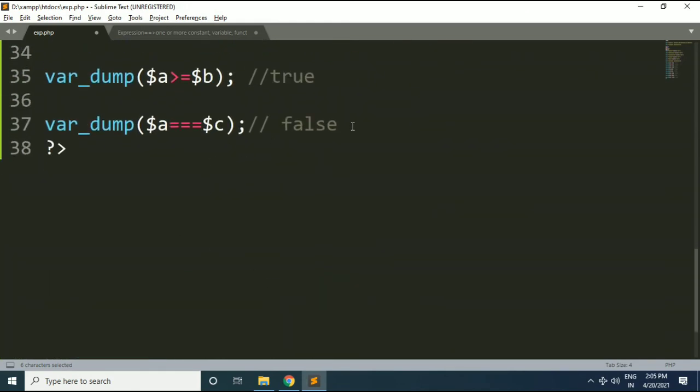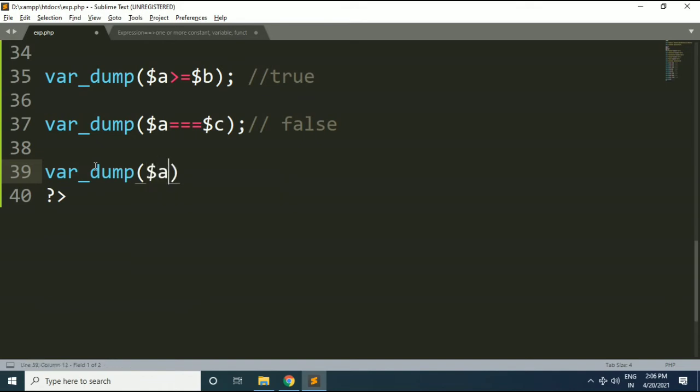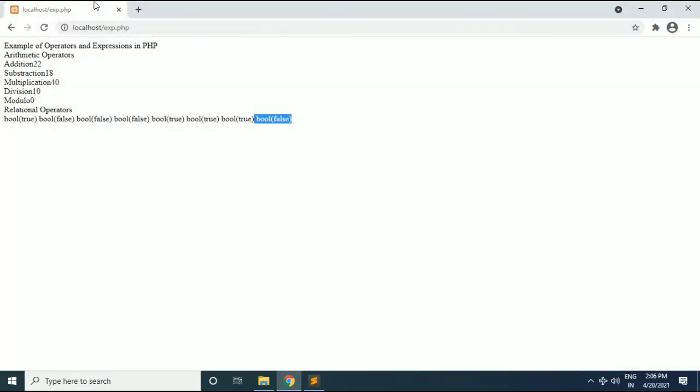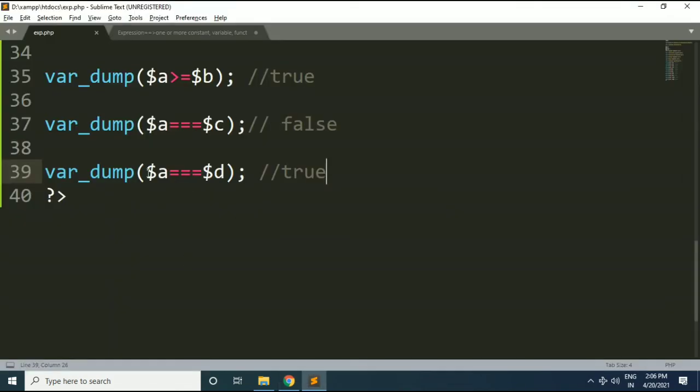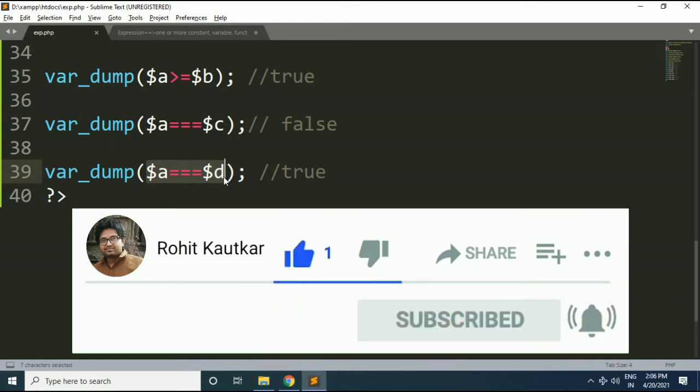So if I write the statement $A === $D, now it will be true. You can see it is returning true. Both have the same data type, integer, and the same value, 20. This is called the strict equal to operator.